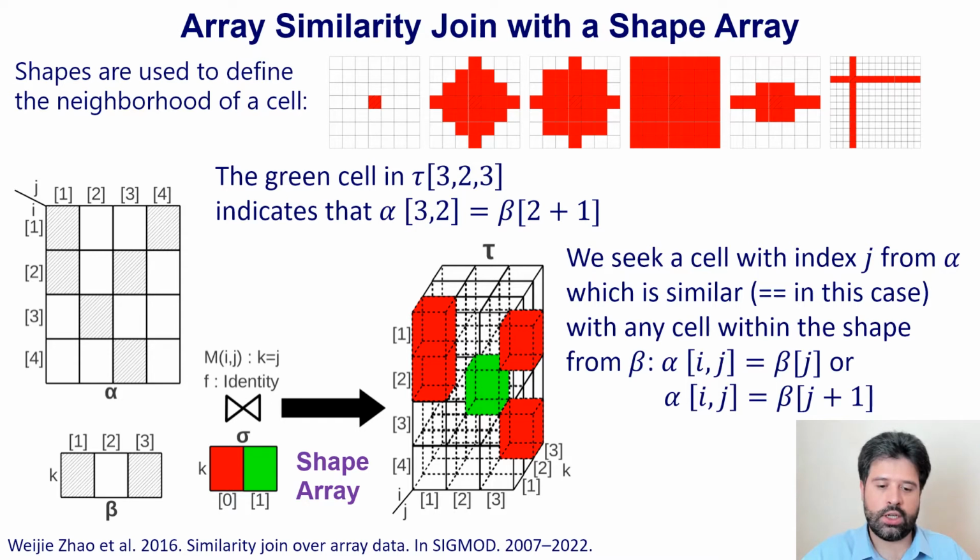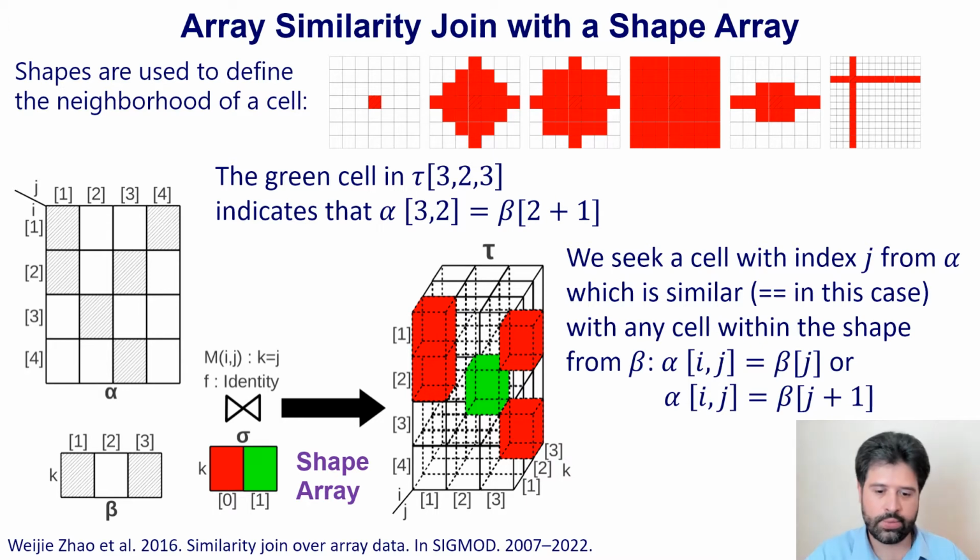We seek a cell with index j from alpha, which is similar, equals in this case, with any cell within the shape from beta. For example, alpha ij equals beta ij, or alpha ij equals beta ij plus 1 according